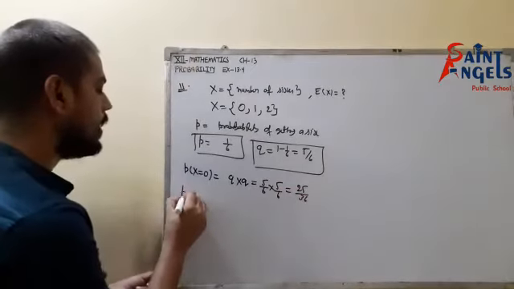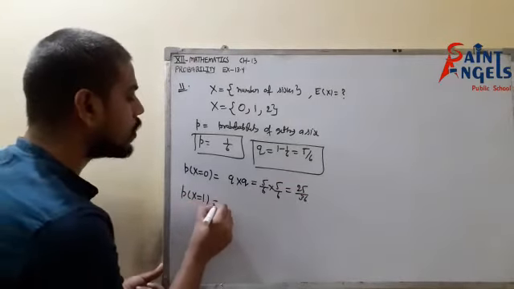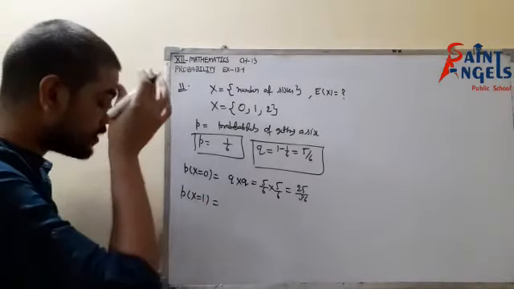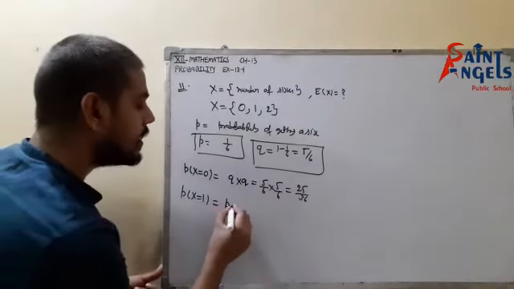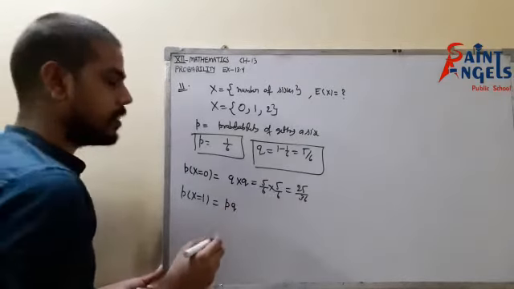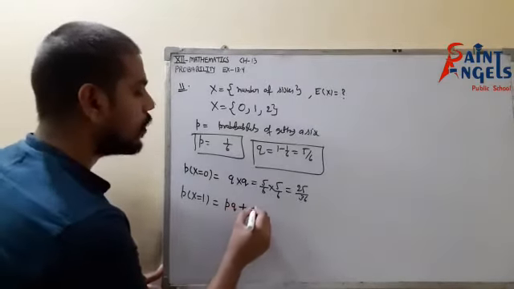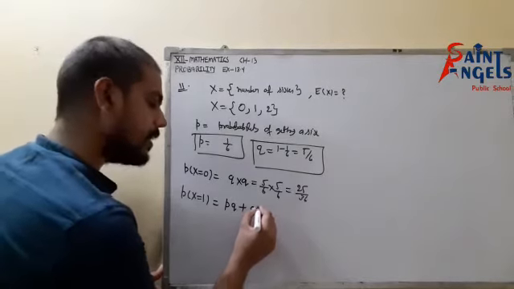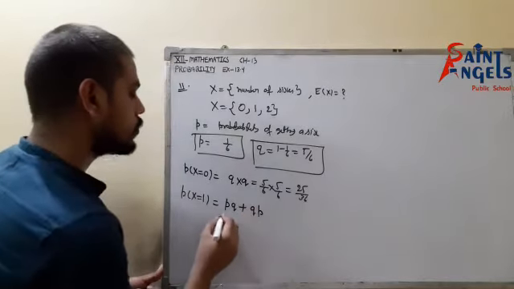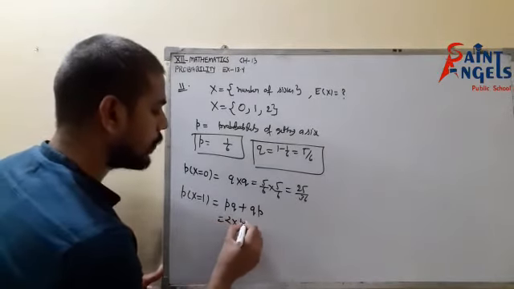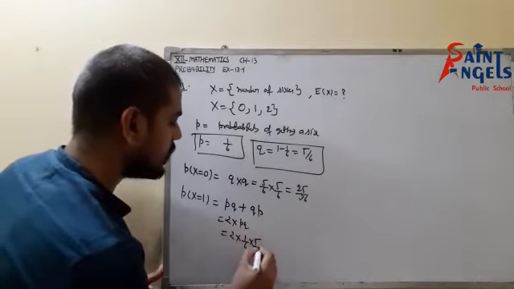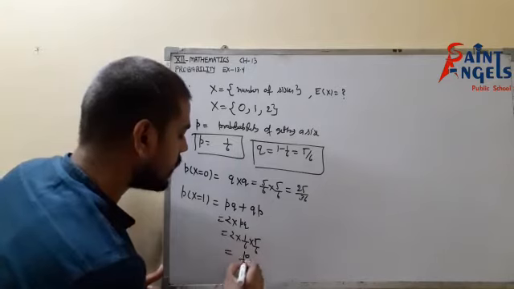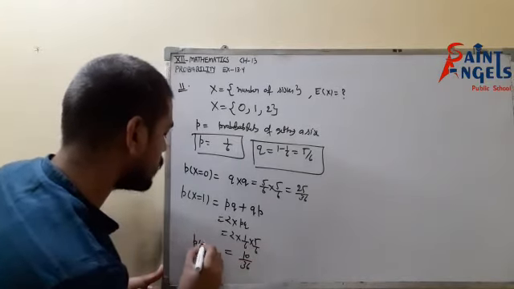Now find P(x equals 1). It means on either the first or second die there is a 6. It could be that on the first die there is a 6 and on the second die there is no 6, or on the first die there is no 6 but on the second die there is a 6. So it means 2 into pq. So 2 into p is 1 by 6, and q is 5 by 6. So that is 10 by 36. That is P(x equals 1).